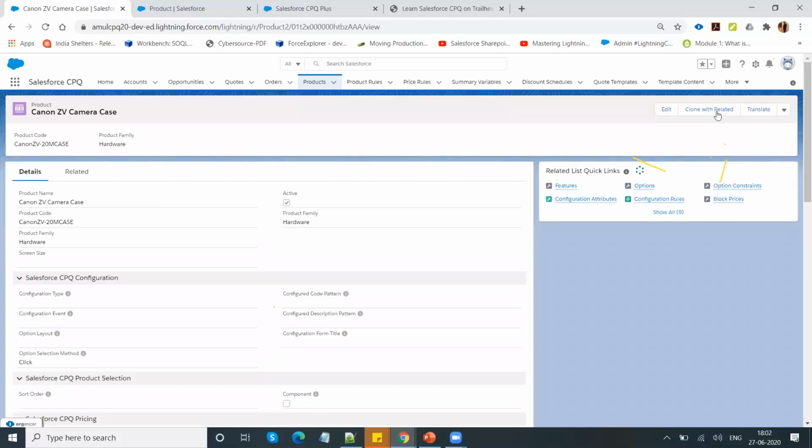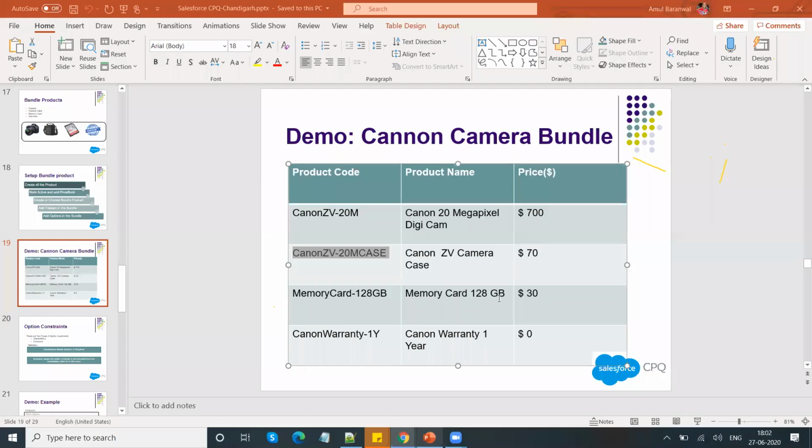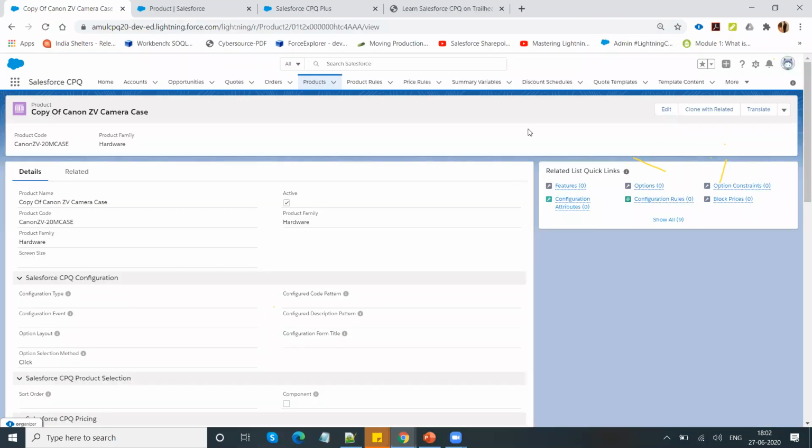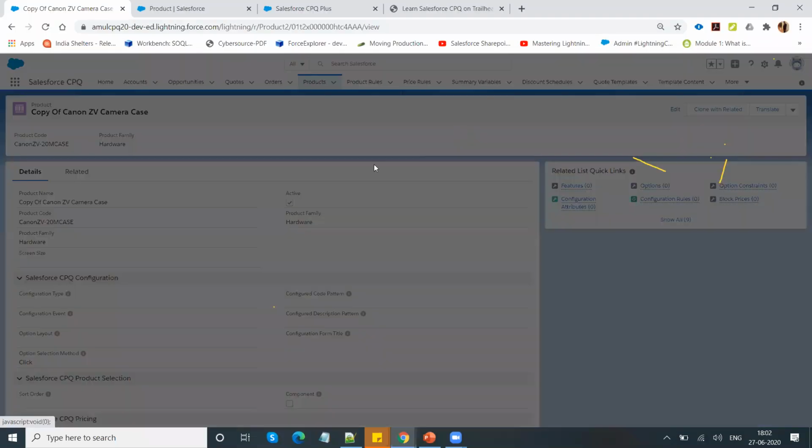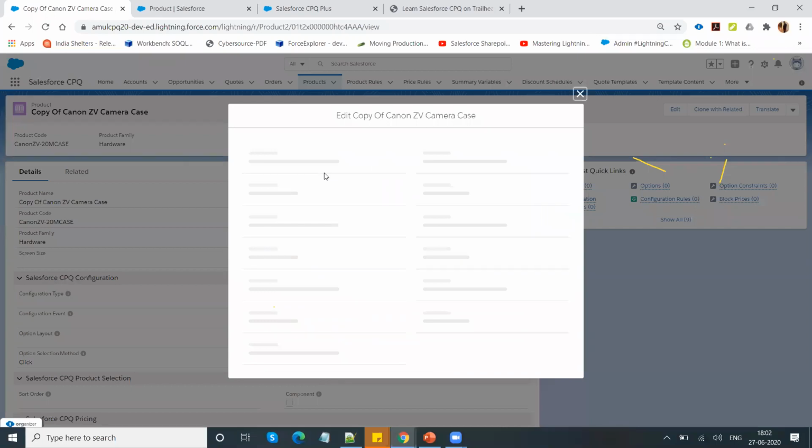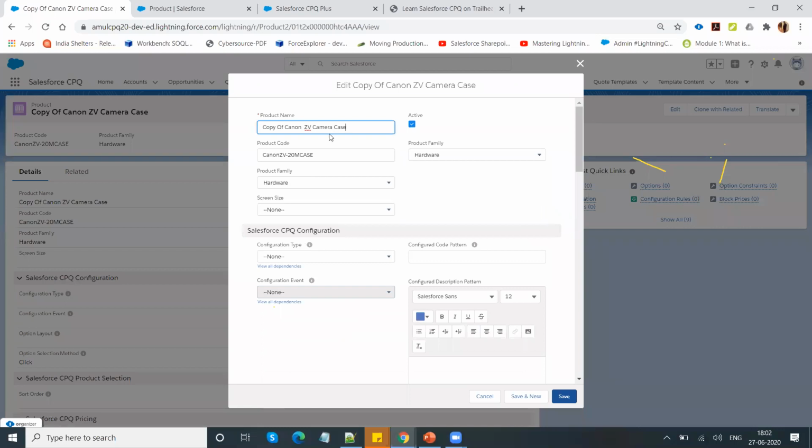I am going to create a third product. My third product is basically the memory card. Let me create the memory card. This gets cloned. After cloning, we'll have to change the product name and product code.